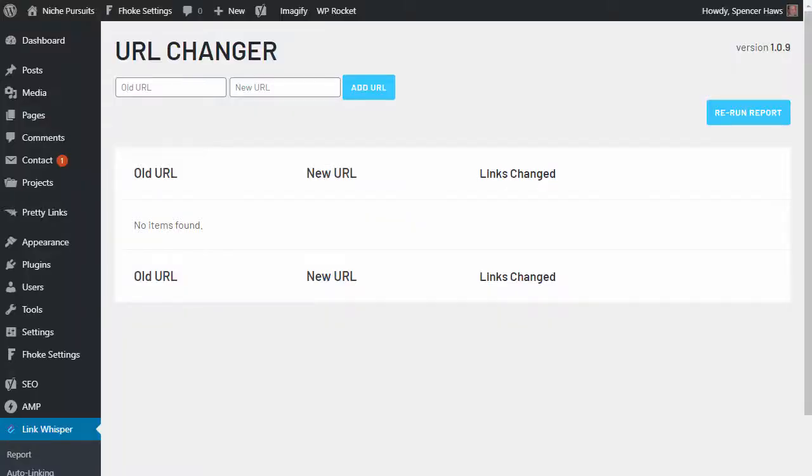In this video, I'm going to show you how to use the URL changer, which allows you to change an old URL to a new URL. Now, this actually goes into your websites and rewrites the links that are already there. So it's not a 301 redirect, but it actually goes into existing posts, existing links, and changes them to a